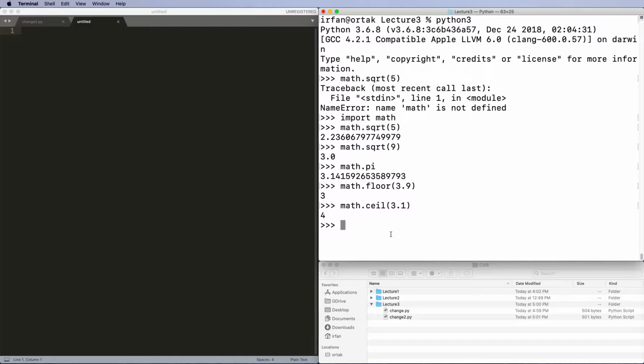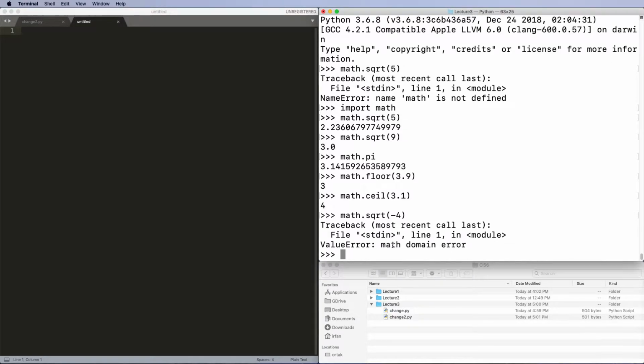Before we start, I just want to make sure that we test this. math.sqrt cannot take a negative value. So if you put negative 4, you're going to get a math domain error. Keeping this in mind,